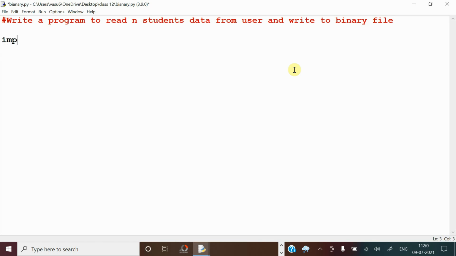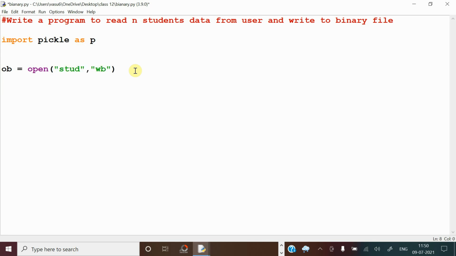Now, as usual, first you have to import the module pickle as p. After that, you have to create the file object by calling the open function. Here you have to decide the file name to which you want to write the data, and after that you have to give the file mode as W, meaning write mode. Because you are going to write data to the file, this is a binary file, so you have to keep B and close this one.